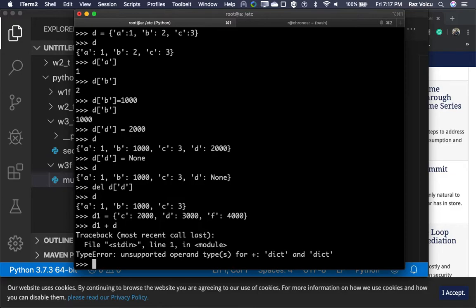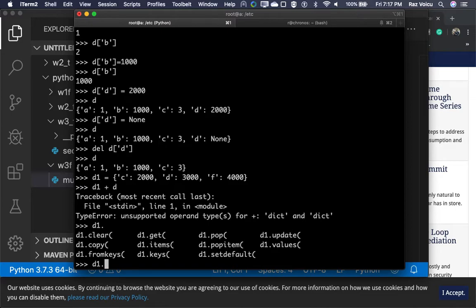This actually doesn't work. Can I say D1 plus, so if I say D1 items